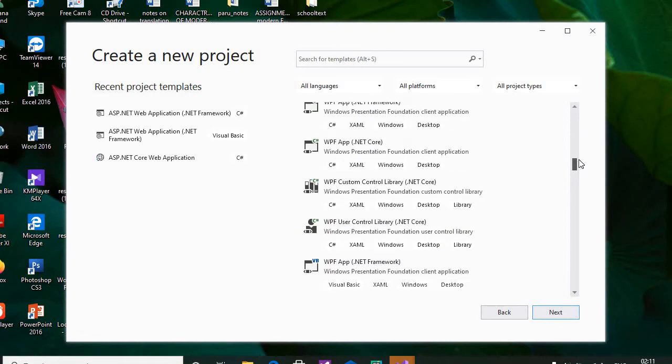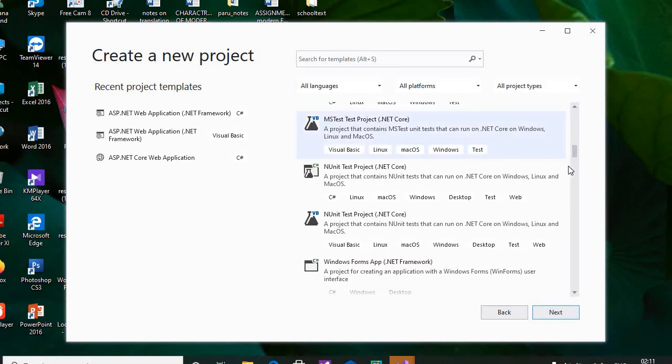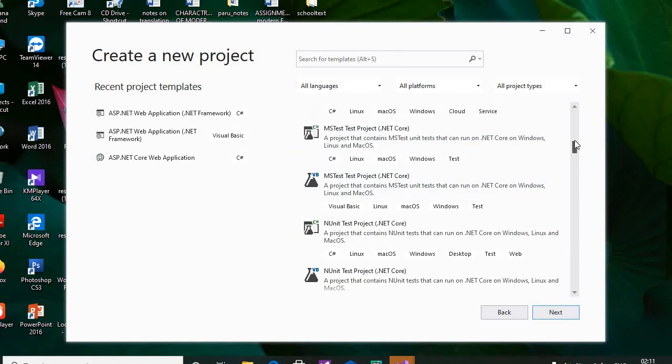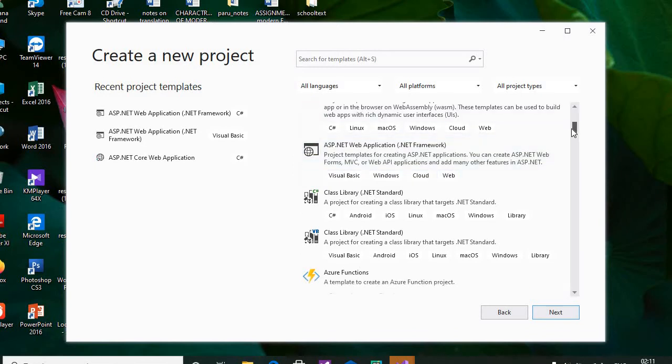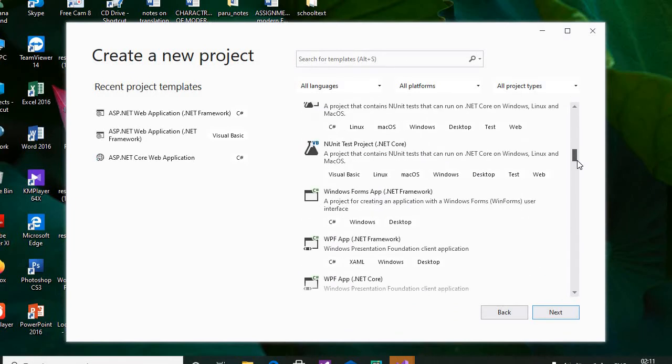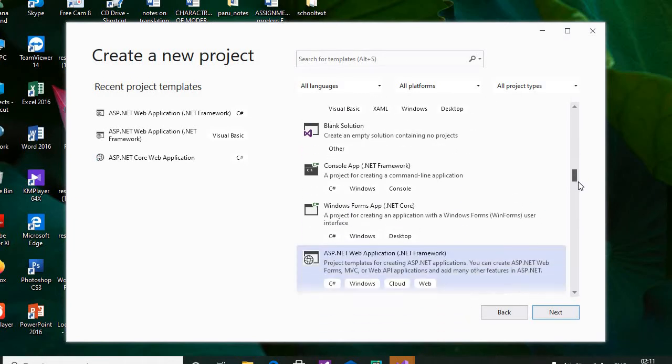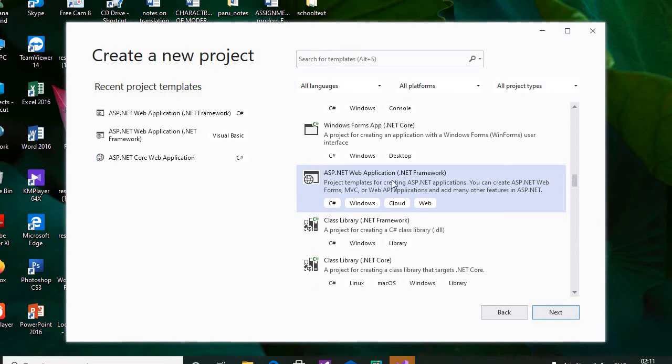Here the .NET Framework with Visual Basic is also available, ASP.NET Web Application Visual Basic. Don't select this one. We should select ASP.NET Web Application C#. Then click on Next.